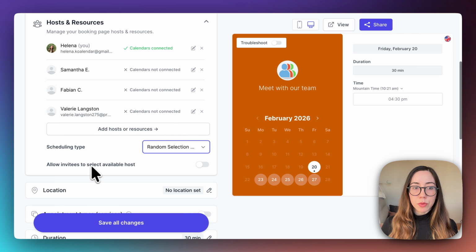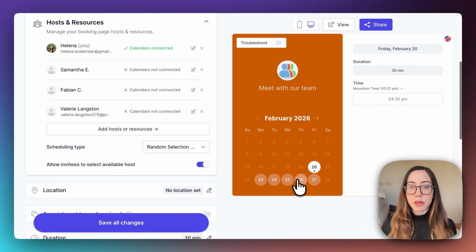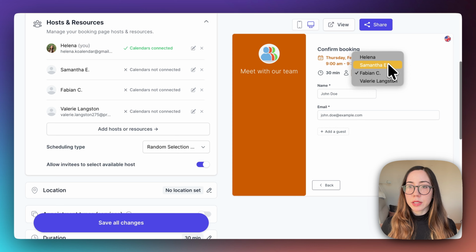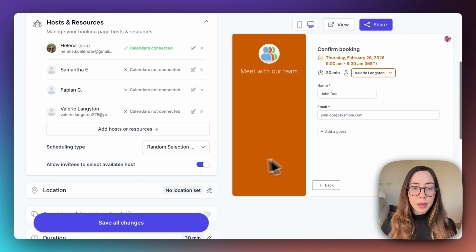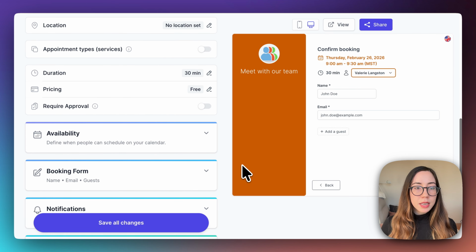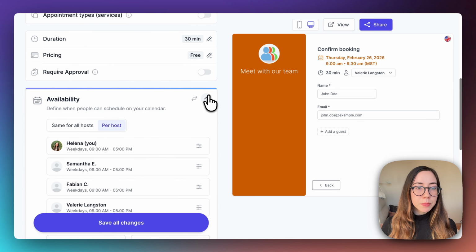And here, if we toggle on this option to allow invitees to select the available host, that's going to give attendees the option to select which provider they would prefer when they're confirming their booking. And next, under availability,